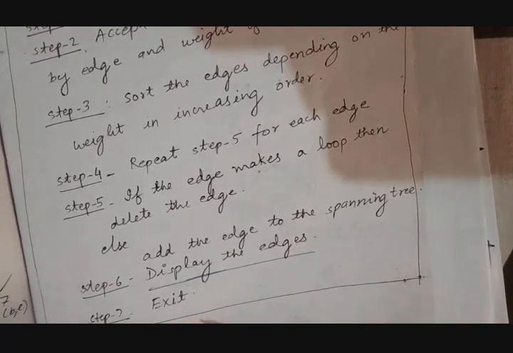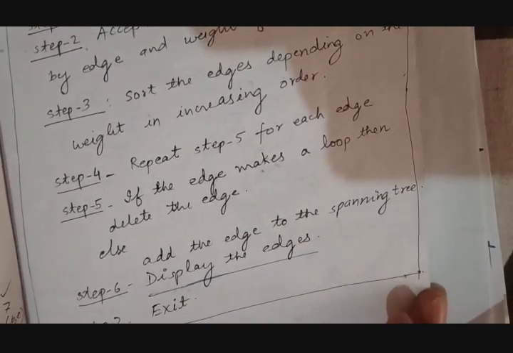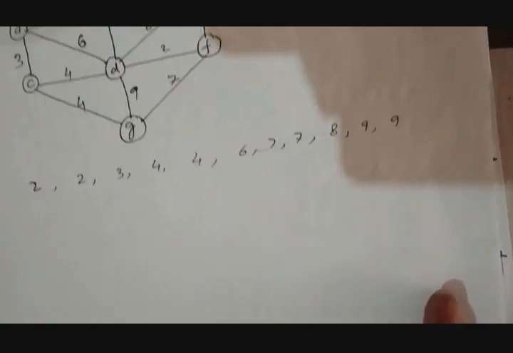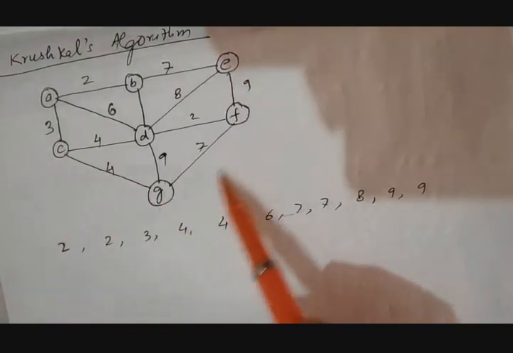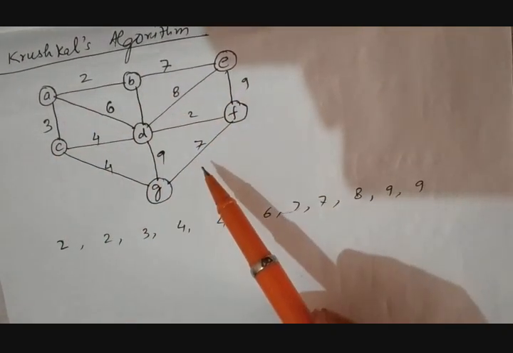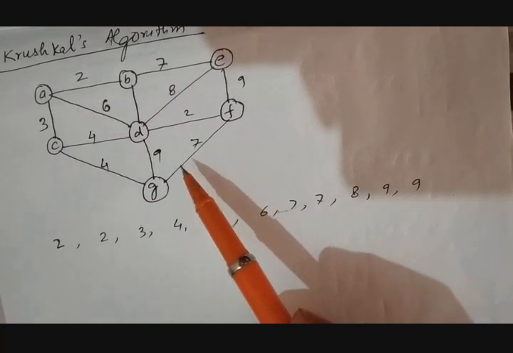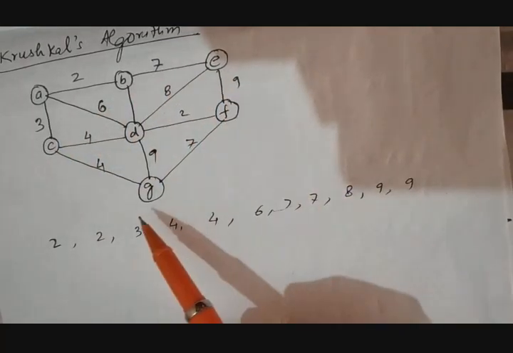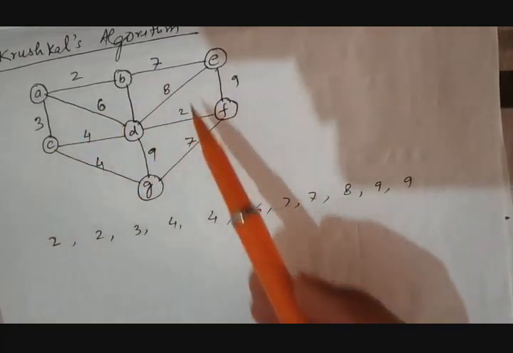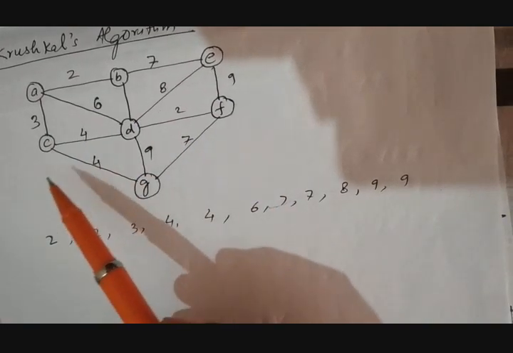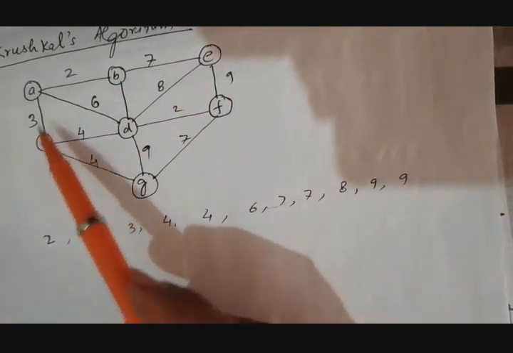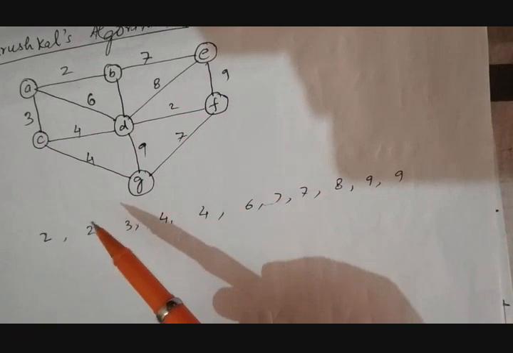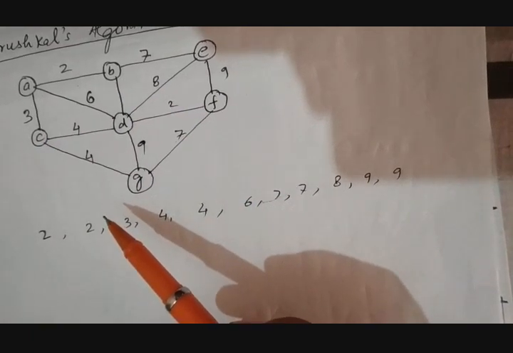Now exit out. So this is all about Kruskal's algorithm, and with the help of an example we will see how it works. Just see here, this is an example. The weighted graph is given and we have to find the minimum spanning tree using Kruskal's algorithm. So what does Kruskal's algorithm say? First take the input of all the vertices. Yes, we have taken. Now take the inputs of all the edges. Yes, we have taken. Now take the corresponding weights of the edges. Yes, we have the corresponding weights of all the edges. Now step 3 says that sort the edges in increasing order of weights.